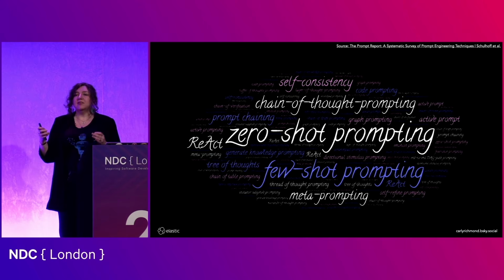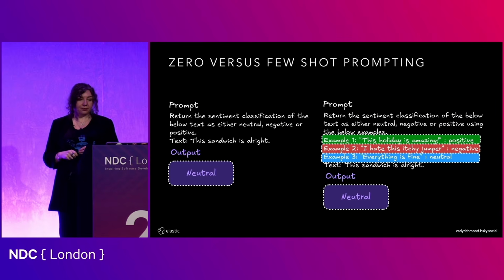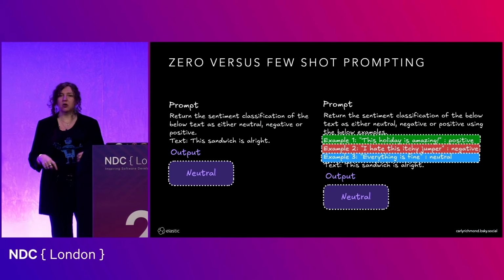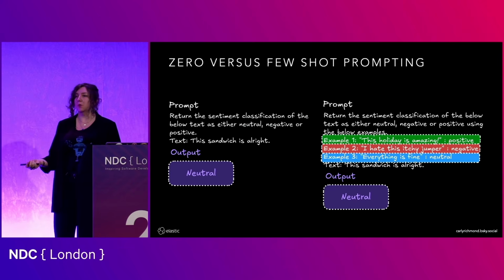And all of these are basically different types of prompts, different techniques of structuring them in order to tailor what you want an LLM to do based on particular patterns or even the type of problem that you're trying to solve. I'm not going to cover every single one because that's quite a weighty paper. I'd recommend going and checking it out. But what we'll do is we'll talk through a few key examples that you might want to leverage in your own systems. So the first one is we talk about zero versus few shot prompts.